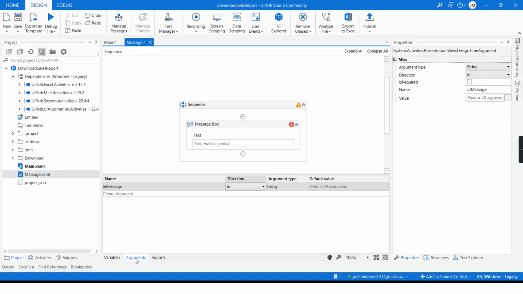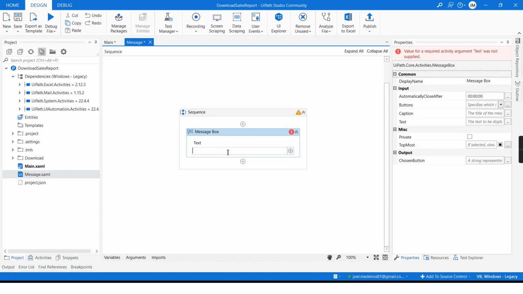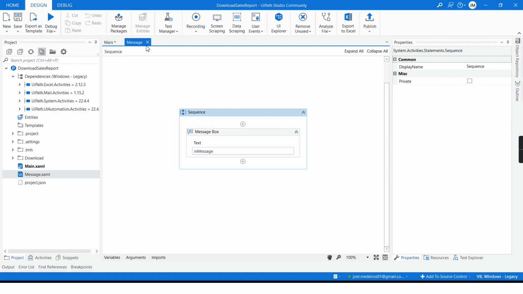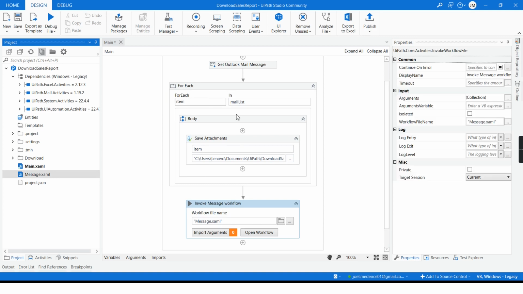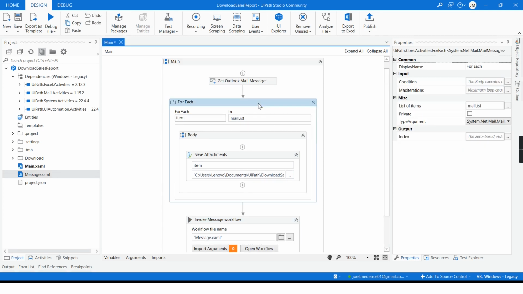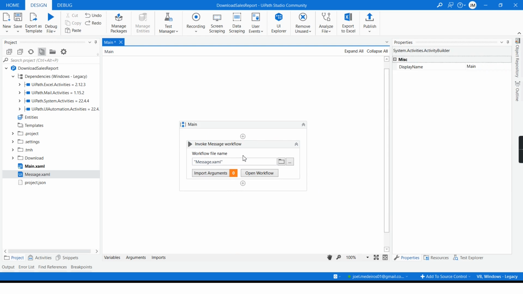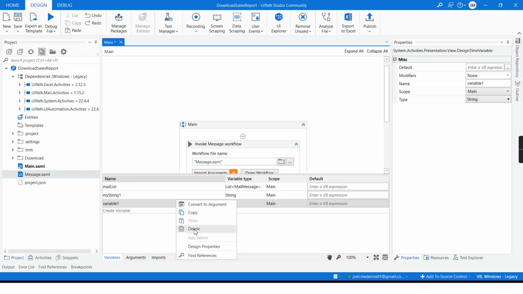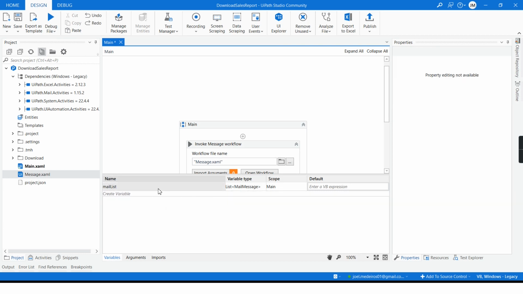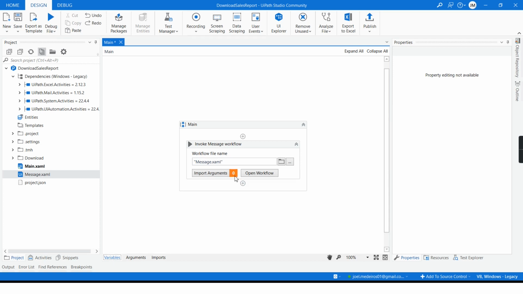It's going to be a string, very simple. And here I'm going to use my in message. I will save, close. Now I need to call this message workflow here, and I will delete this and also the variables, because I don't need them.